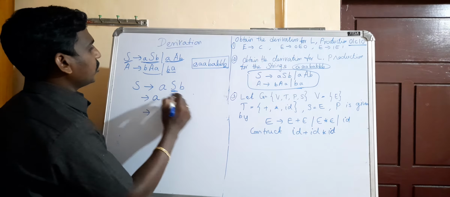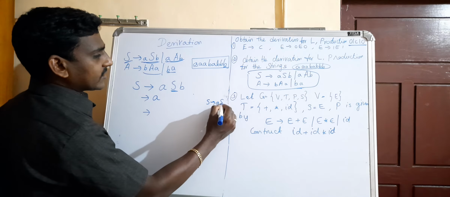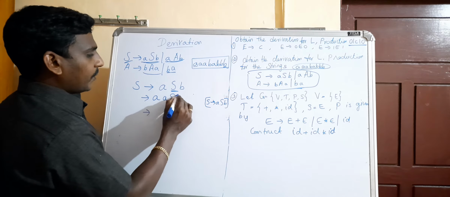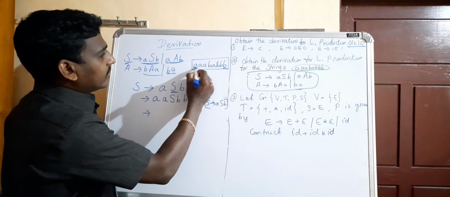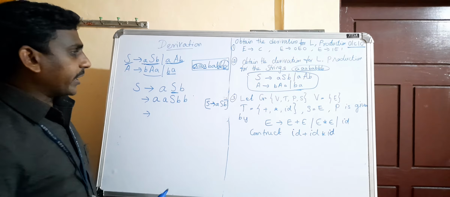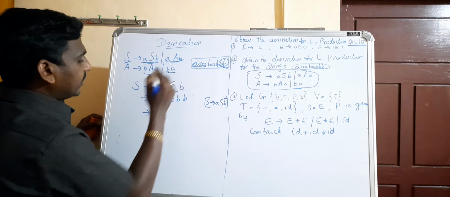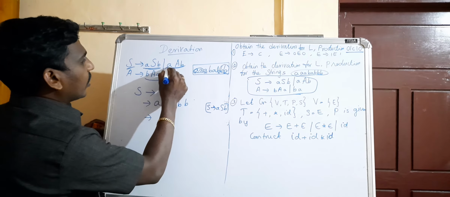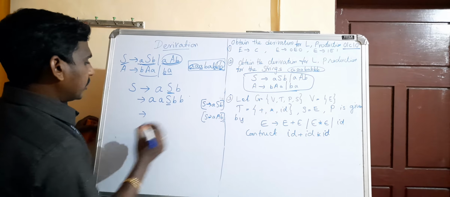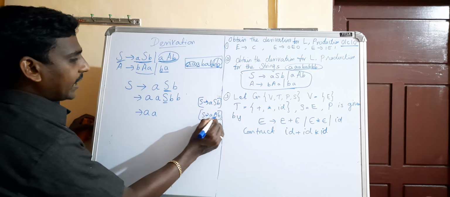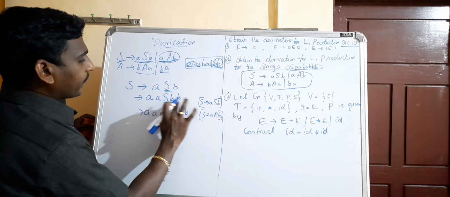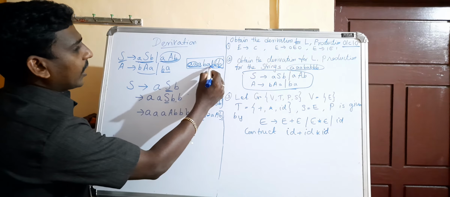A, for this I am going to use ASB. S tends to ASB I am going to use. Okay, so S tends to ASB. So A, S, B and this B. Clear? So I got this 2 and this 2. Again this A and B. I can use any one of the productions, right? So I am going to use the A production. I will check. S tends to AAB I am going to use. AA for this AAB, and I have 2 B's. BB. Okay. So now I got 3 A's and the last 3 B's.